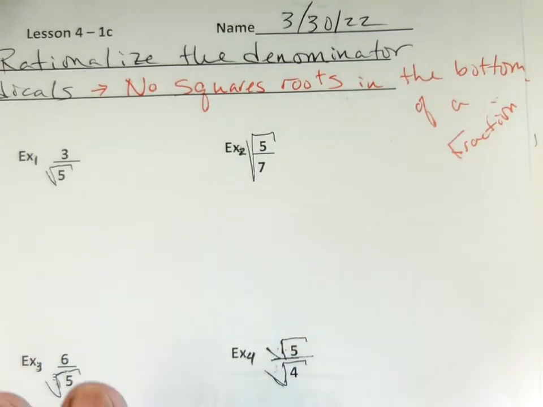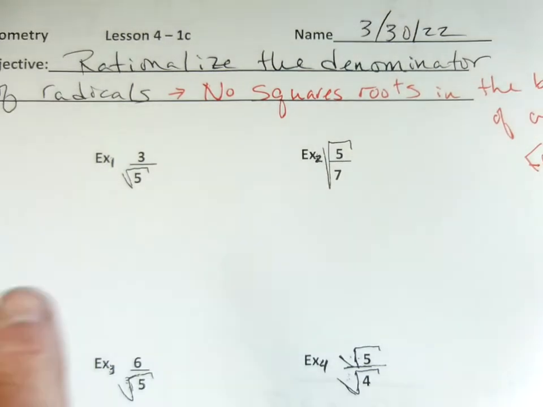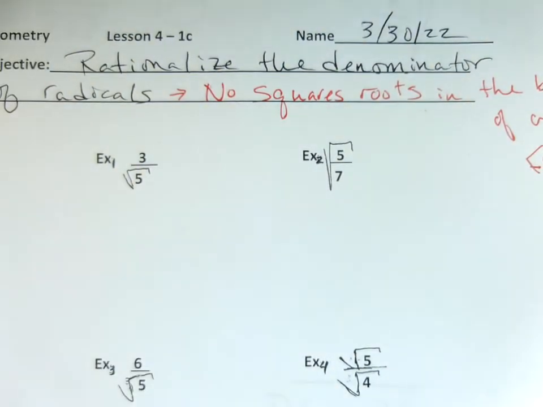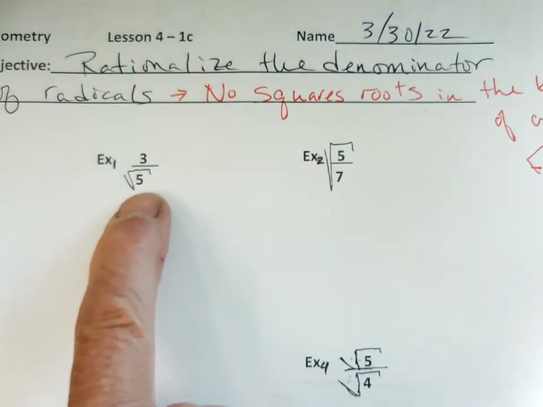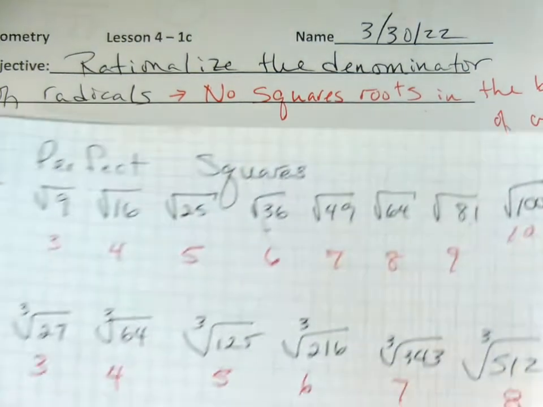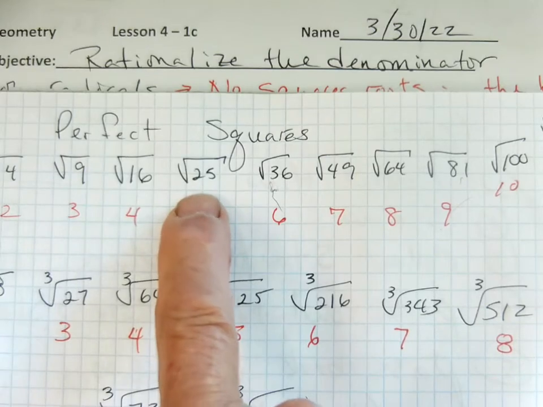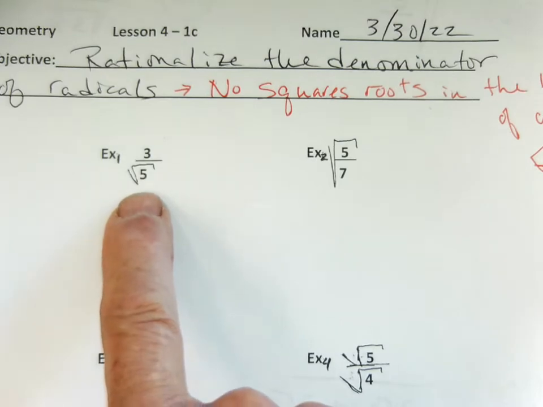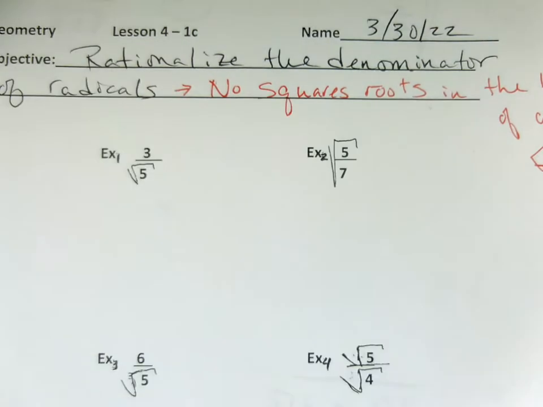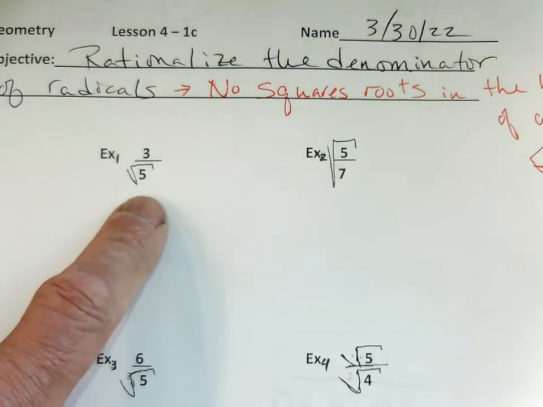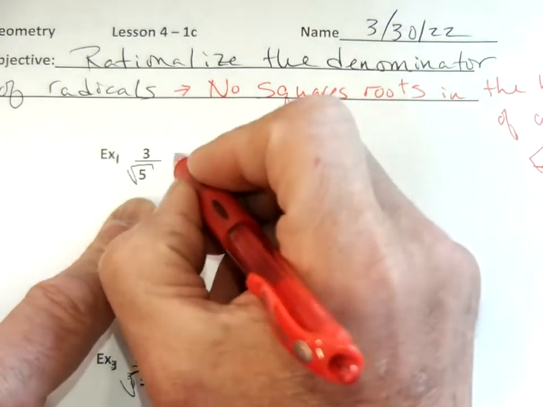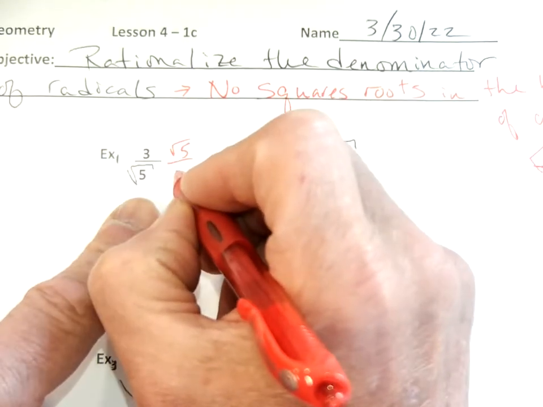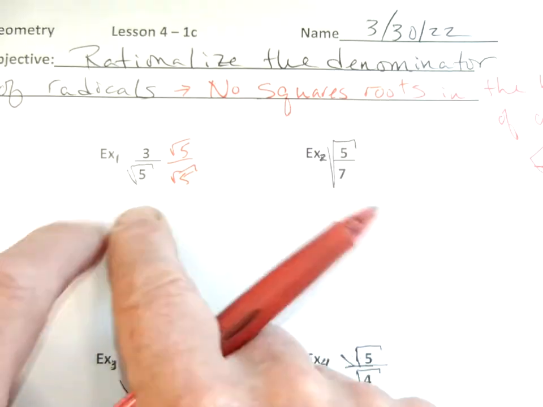Let's look at example 1. There is a square root in the bottom. Can't have that. What I'm going to do is this. I want to change that number into one of these. Well, how about 25? So if I can change that into 25, I can take the square root, right? So I'm going to fix the problem with the problem. So if I multiply by the square root of 5 over the square root of 5, I'll make a 25,